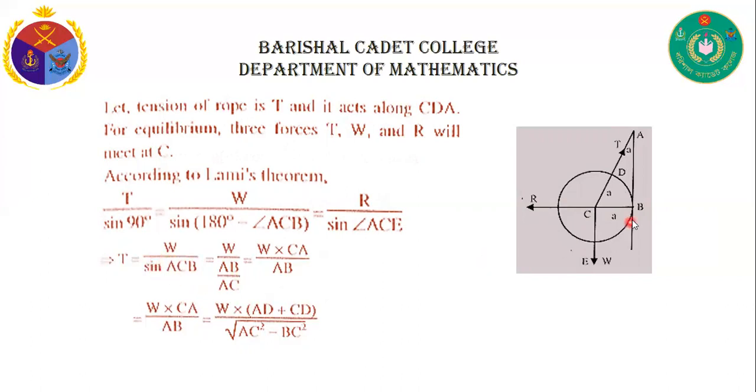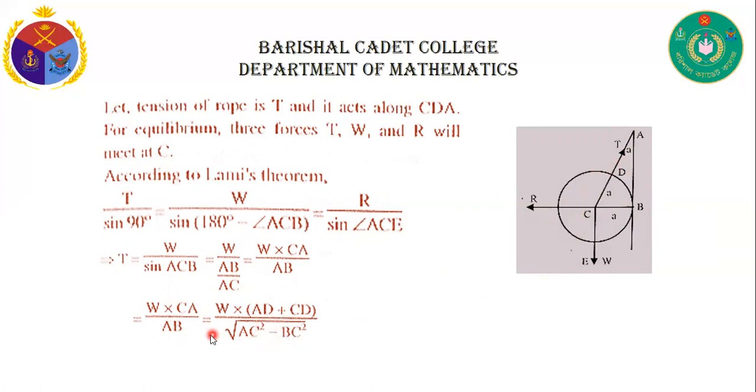We know that this is a right angle triangle, so sine angle ACB is AB by AC. So W by AB by AC equals W into AC by AB, which equals W into AD plus CD. AC means AD plus CD. So here AD equals